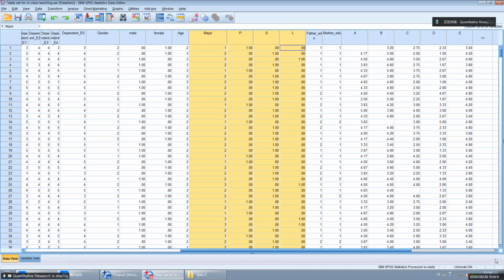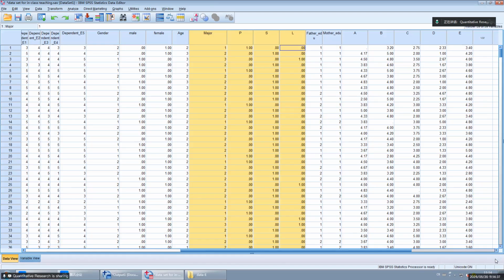Okay. So now I have created dummy variables for these nominal scales. Then in regression, how do we deal with them?